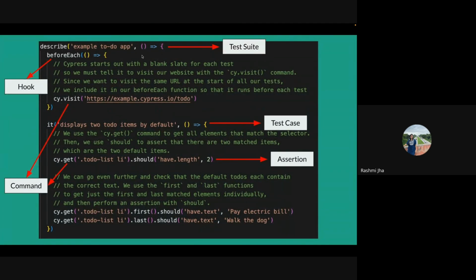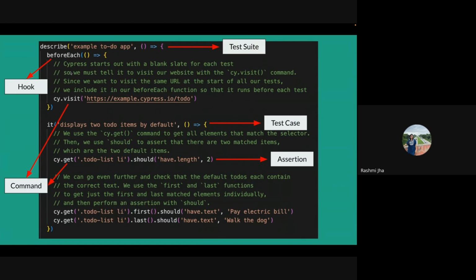Here you can see one describe block, and there is one it block as well, which represents one test. One spec file can have n number of suites, that is n number of describe blocks, and every describe block can have multiple it blocks.